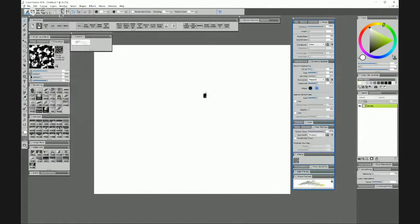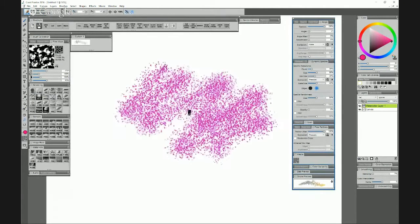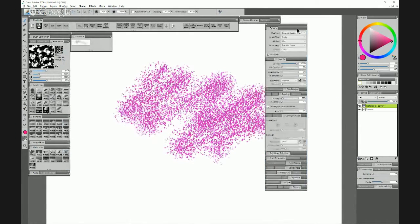This speckled tiger lily in real watercolor is a good example. I wonder if Skip made this one. This seems like a Skip brush. You can see the little particles dance around and do their thing. And if I let go, is this going to bleed and trickle into the paper or diffuse as a watercolor brush would? So if we look under the brush control panels general to look at all the possible settings,